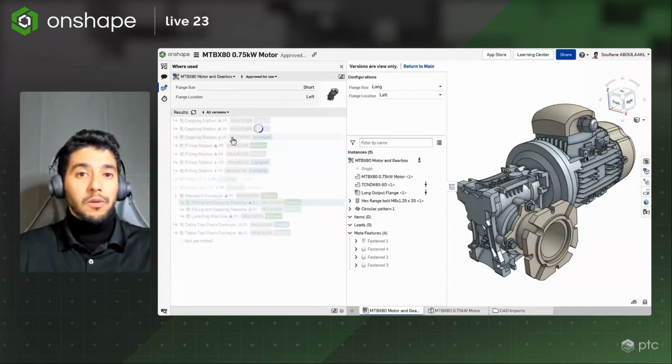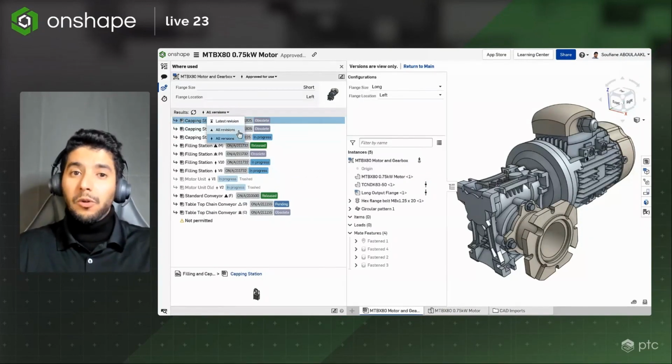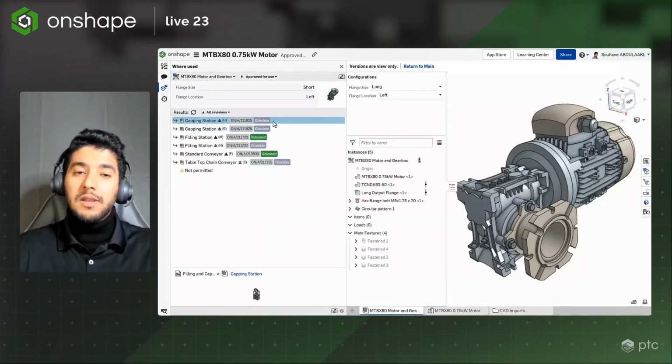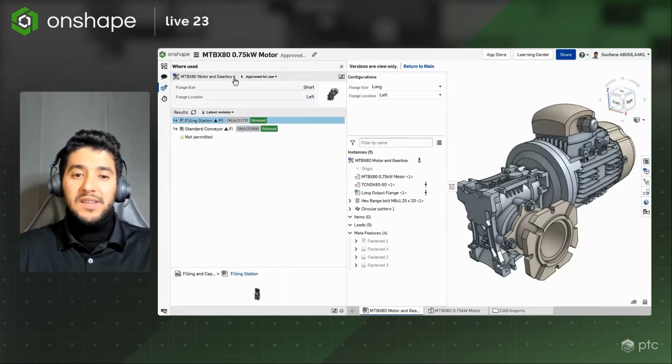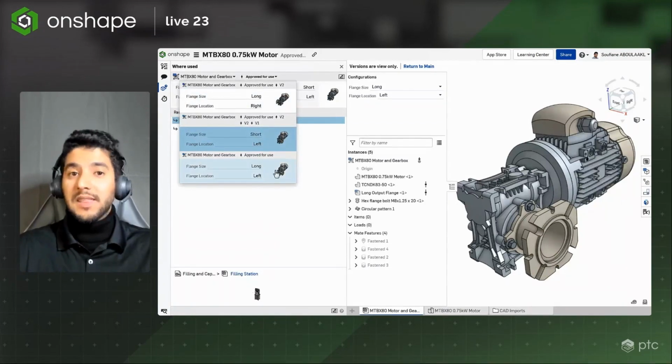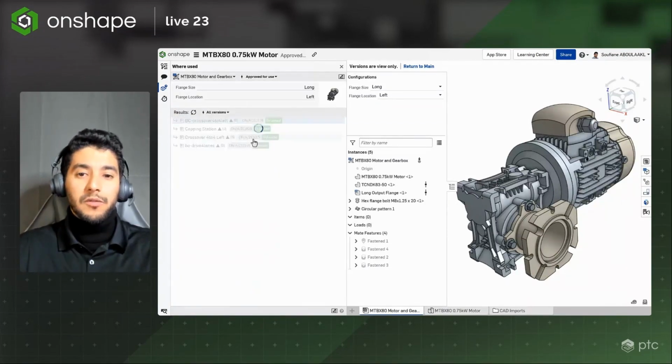You can search for all versions, which includes versions, revisions, and pending releases. If you choose all revisions, you're going to see only released revisions, and this will also include obsolete items. And finally, if you choose latest revisions, you're going to see only the assemblies that reference the component in their latest revisions. So to better understand, let's now select a different configuration of this pump and display all versions and